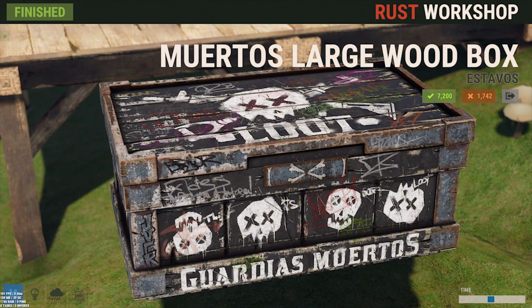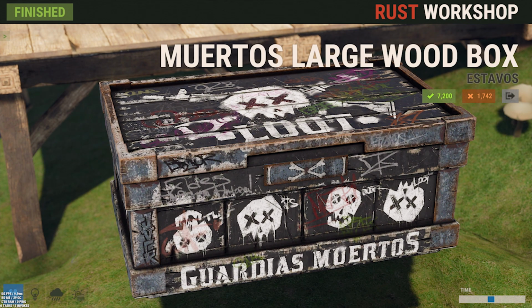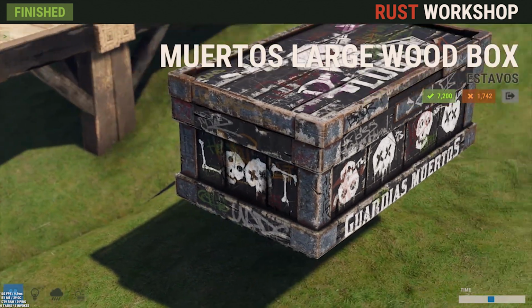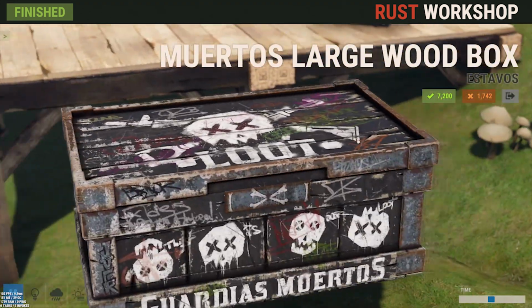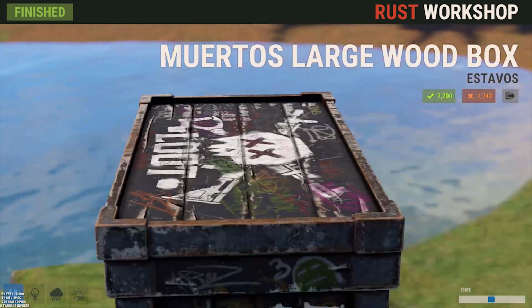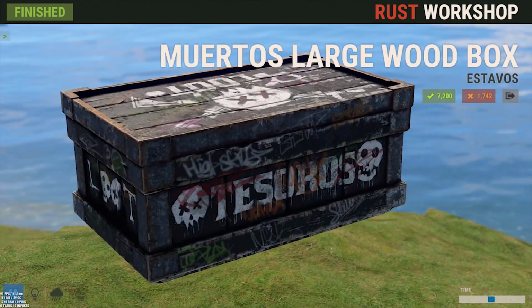Next up, we've got the MUERTOS large wooden box by Estivos, who has brought us pretty much all of the other MUERTOS skins. I can't talk today. Anyways, it says Lou on the top, it says Guardian MUERTOS on the side, it's got all sorts of little skulls, it's got loot written right there, and there. It's got the big old skull on the top, and of course the back